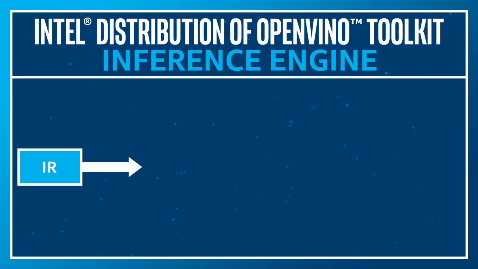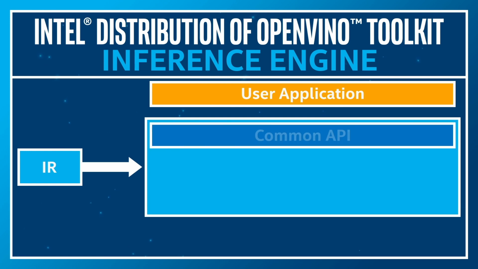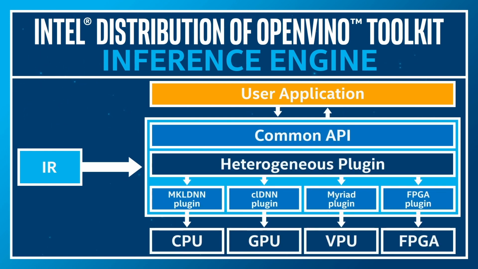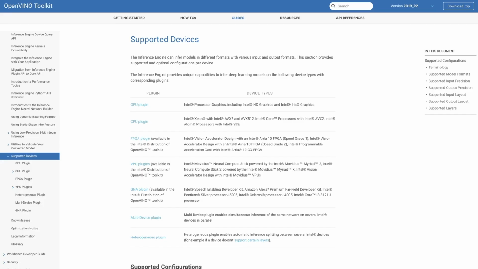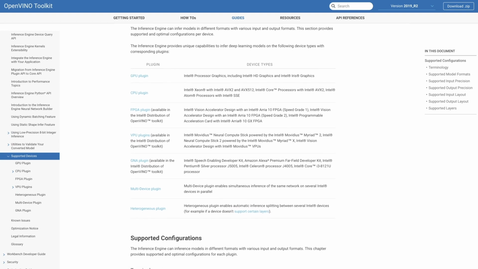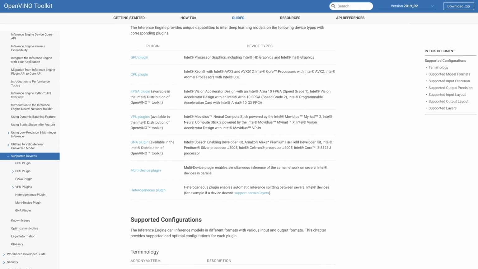The same logic applies for the inference engine as well. The IE loads the layers from the input model IR files into the specified device plugin, which will search a list of known layer implementations for the device. If your topology contains layers that are not in the list of known layers for the device, the inference engine considers the layer to be unsupported and reports an error. To see the layers that are supported by each device plugin for the IE, refer to the supported devices documentation in the links.